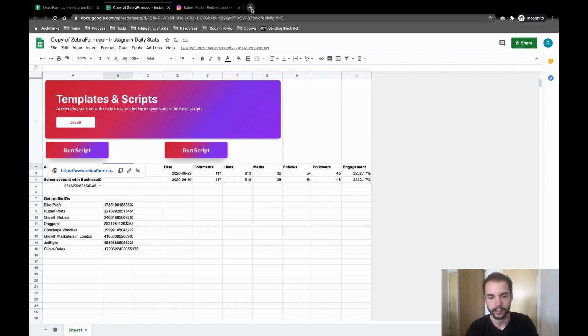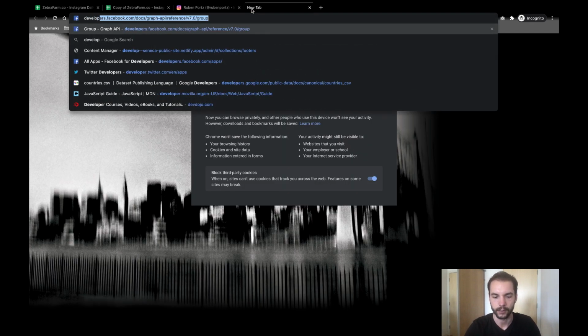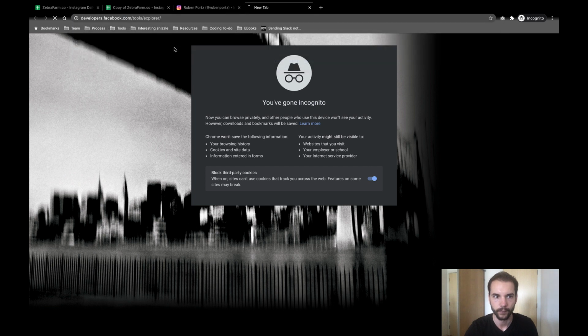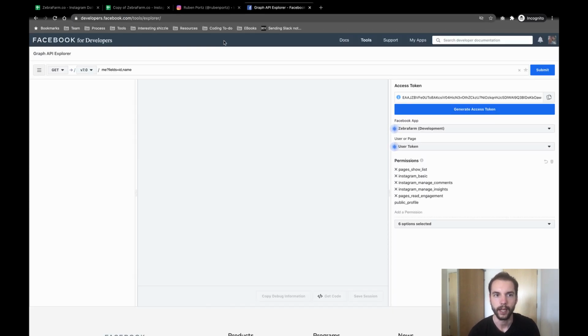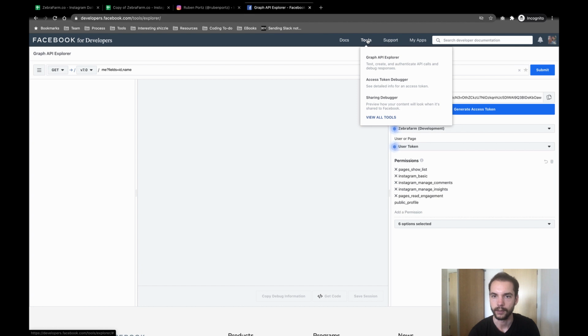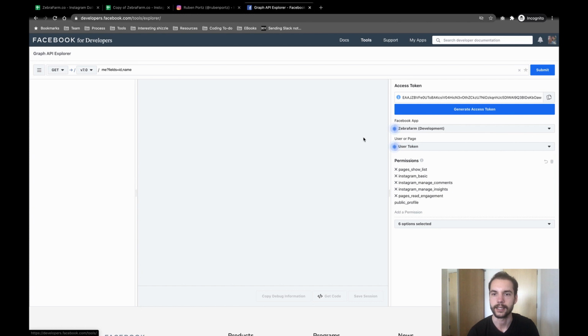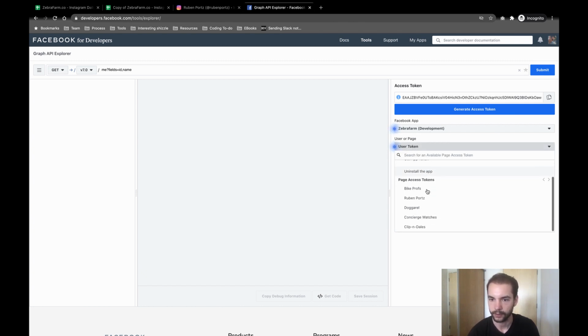Okay, so to get an access token you go to developers.facebook.com, and then go into the Graph API Explorer. In the menu bar, the nav bar, you can find either Tools or a drop down, and then click Graph API Explorer. You get to a page like this, and it says access token, apps. If you don't have an app, please create one. So you'll need an app, and then you can select a user token. In our case, we want to create a page token. So page access token,